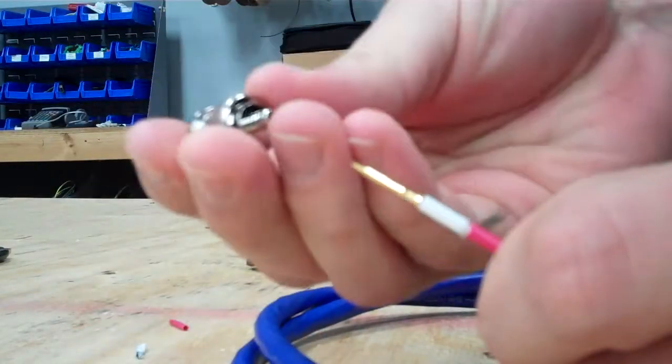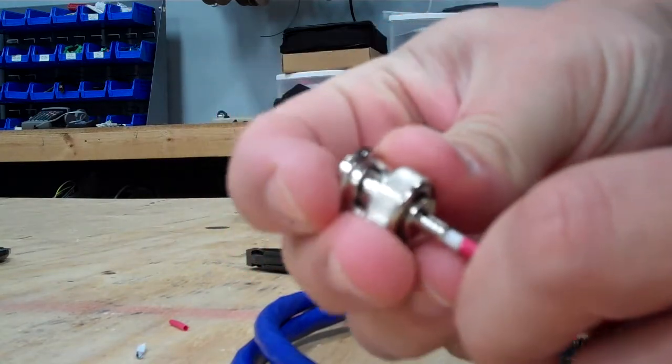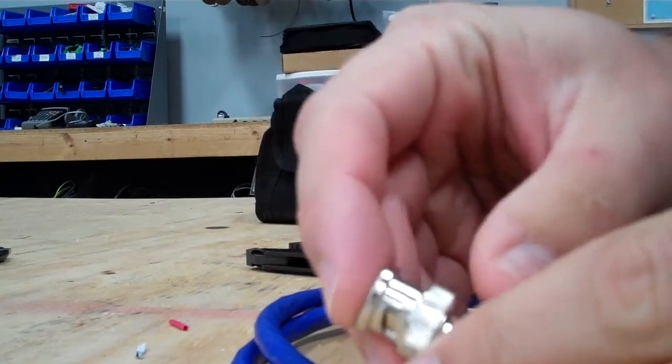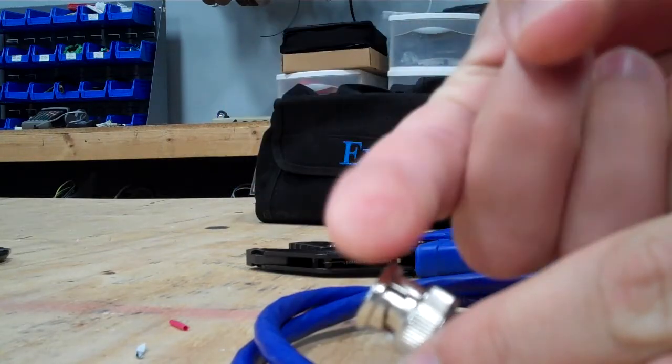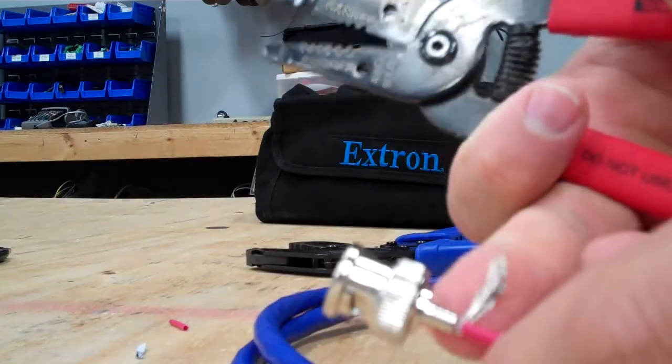Then we'll go ahead and put on the BNC connector over top of that. And that should go on there nice and snug. You should see the center pin. When you put your finger on it like that, it should leave a mark on your finger. So we're good there. Now we want to trim back the shield